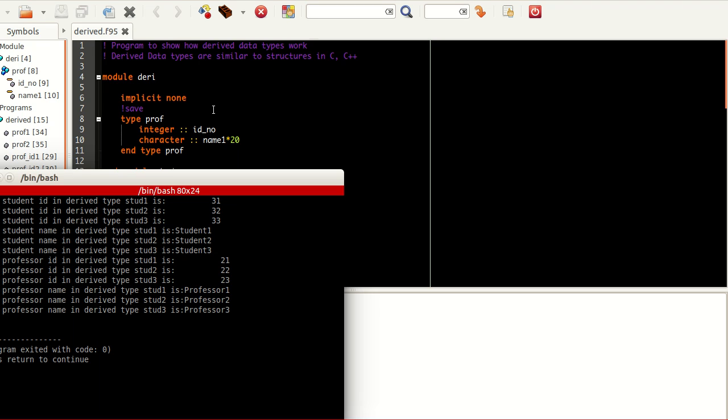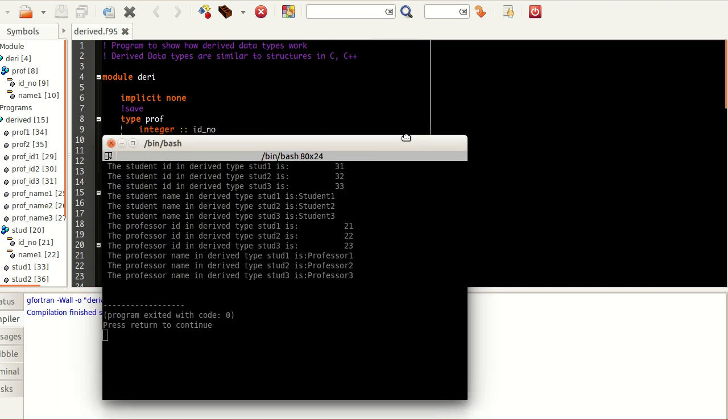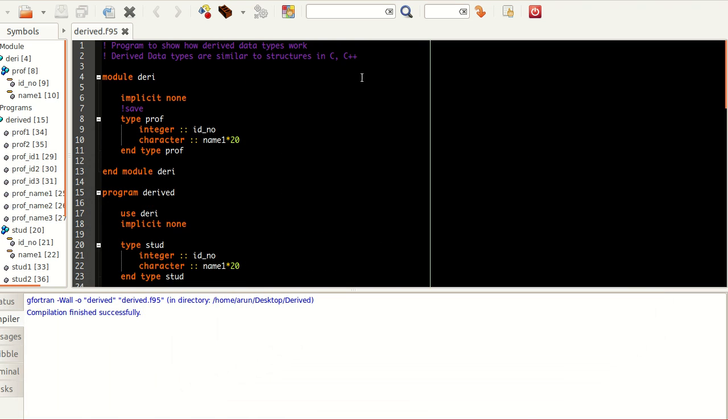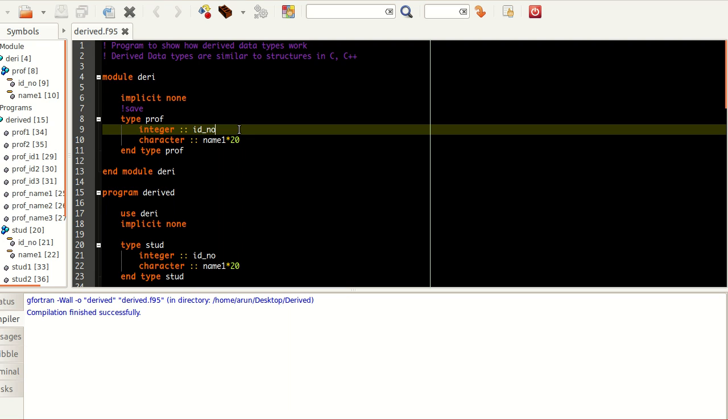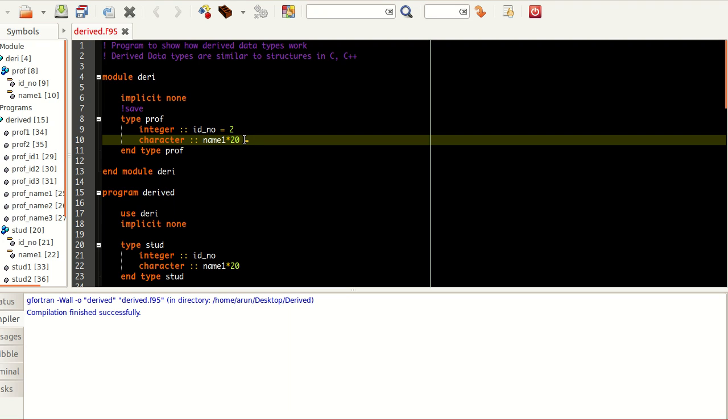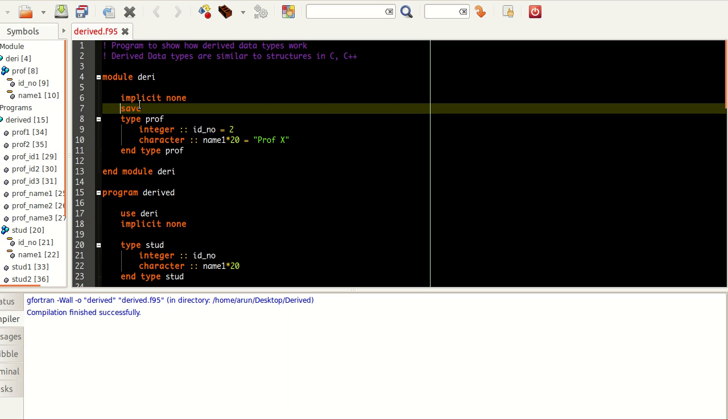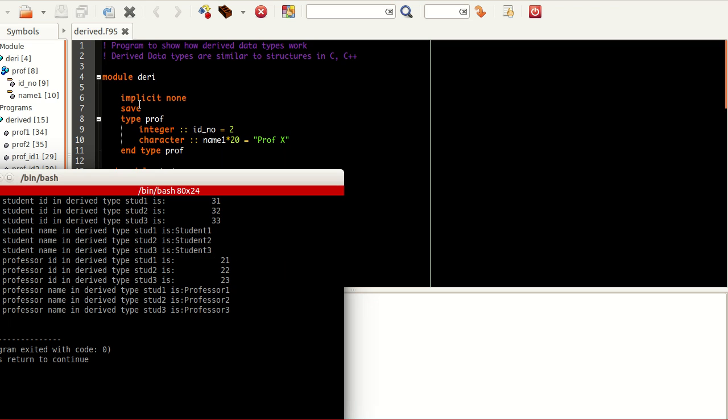They will work, okay, but the save command is used to set some default values. If you want to set some default values, what I do is I just pass this value to be 1, the value to be 2, and this value to be professor x. Now if I were to save this, compile, build, and run this, you don't see any change